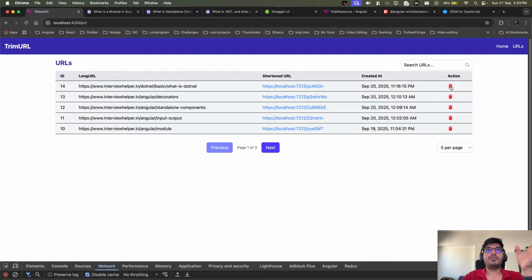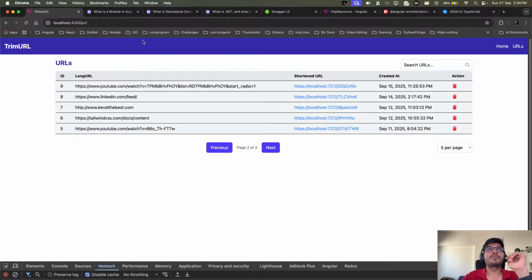I want you to give it a try as homework. Maybe I can push this code on GitHub, and you can check out the code and try to implement this delete by yourself. But if you face any issue implementing that, do let me know. We can then do it on a live stream, just this small delete part.